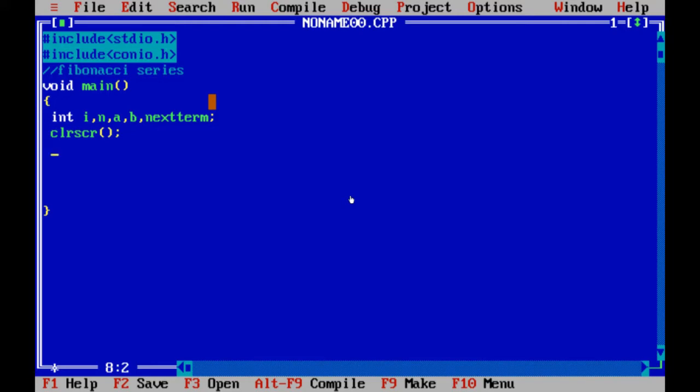Now there are two types of Fibonacci series programs or algorithms that you can use to write your Fibonacci series.